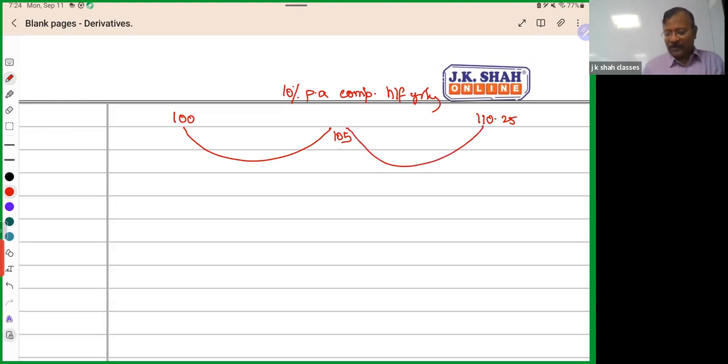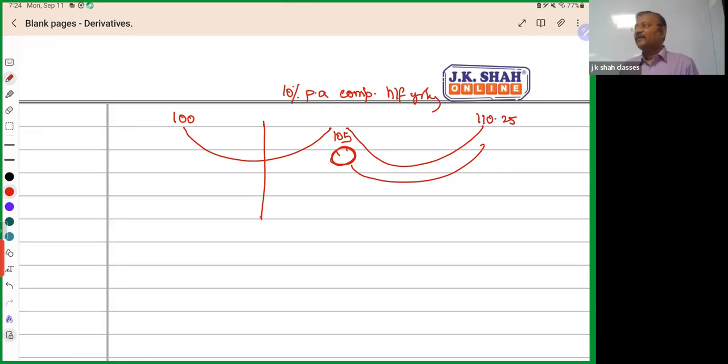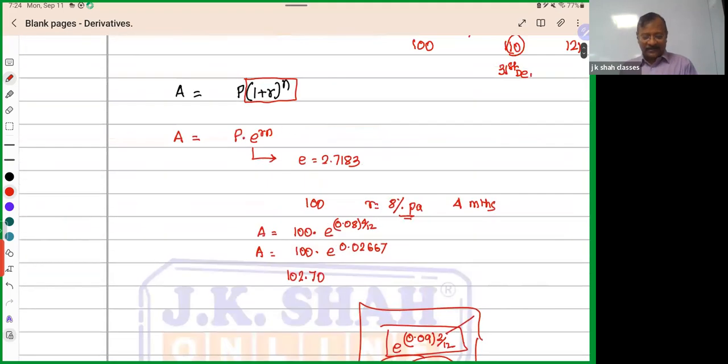Now that means the compounding effect is taking place on this amount here. Now what if you withdraw the amount here? Will there be any compounding effect? So what will be the amount? Simple rate, 100 into this, right? Now if you look at this example,